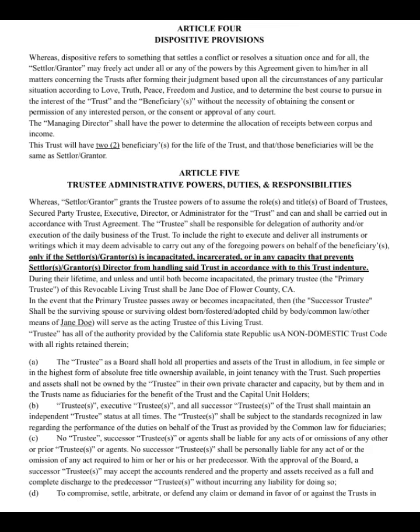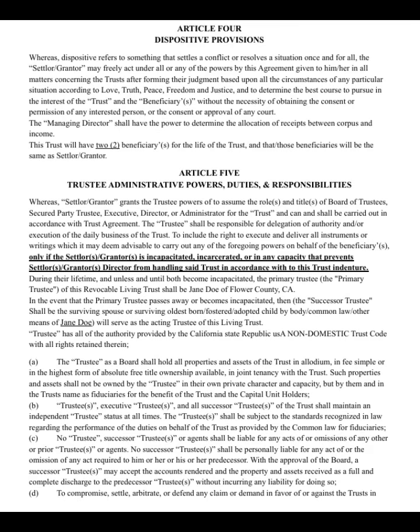The trust will have two beneficiaries for the life of the trust, and those beneficiaries will be the same as the settlor and grantor. So you can change that number, obviously, if your beneficiaries are going to be different and stuff like that. The beneficiary page is at the bottom of this here. But you can change that at any point if you have a falling out or if one dies or something like that. You can always change that. But according to this particular document here, it's going to have two beneficiaries, and we'll go over that down at